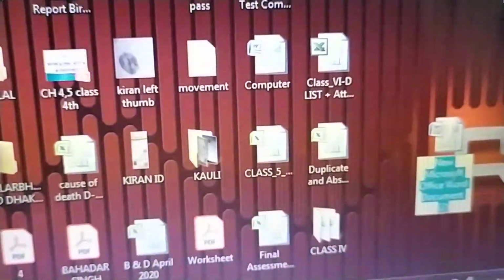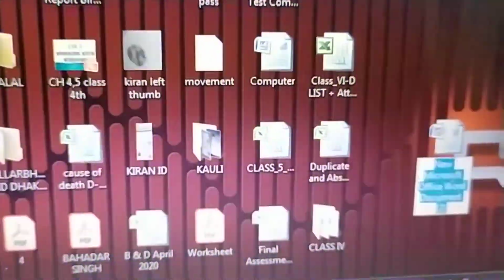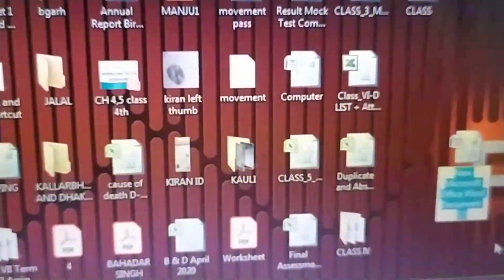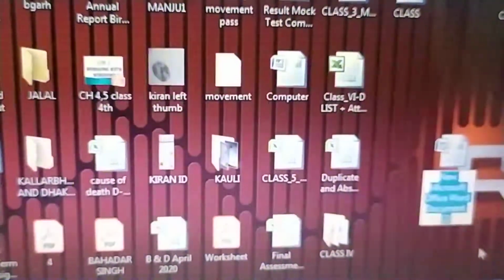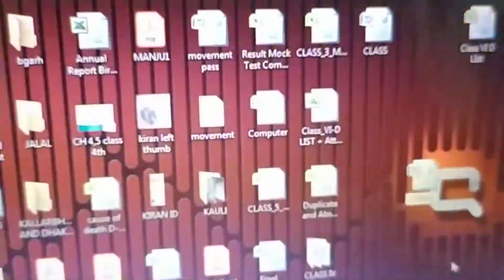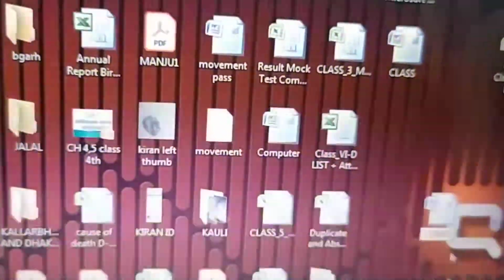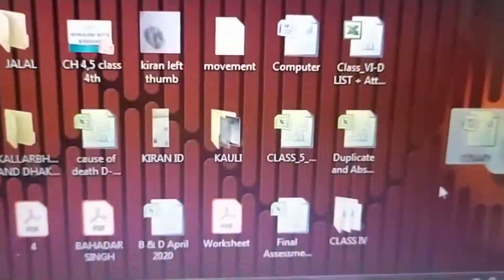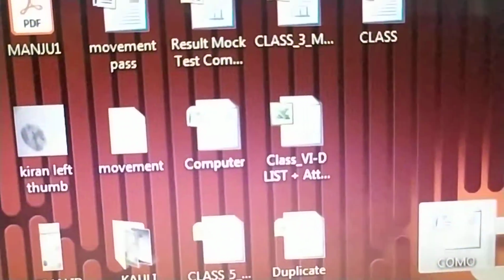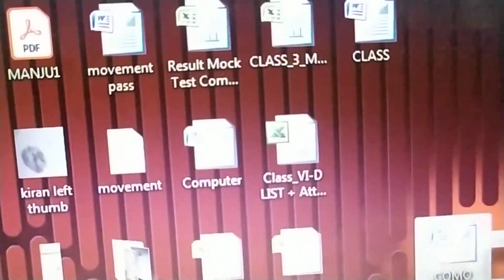So where you want to make a document or a file, on that place you can right click. As you can see, the name is selected, so you can rename it by typing the name. I am writing here Como, right? So this is our file name. You just click on any place. Now your file name comes like Como. You can see this is also showing the W icon because we have again created a Word document.